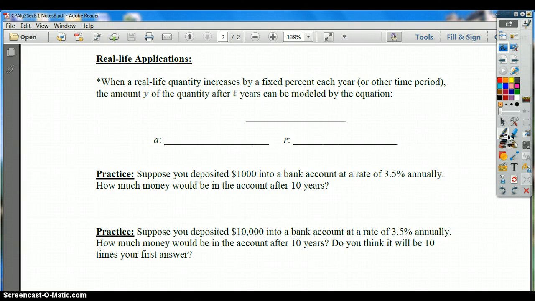Okay? We're going to talk about real life applications with basically a deposit and what interest amounts will do over the years. Your equation here will be y, how much money you're going to make, will equal how much you invest, which is A, times 1 plus R percent, raised to T, where T is the number of time in years. So there is your basic